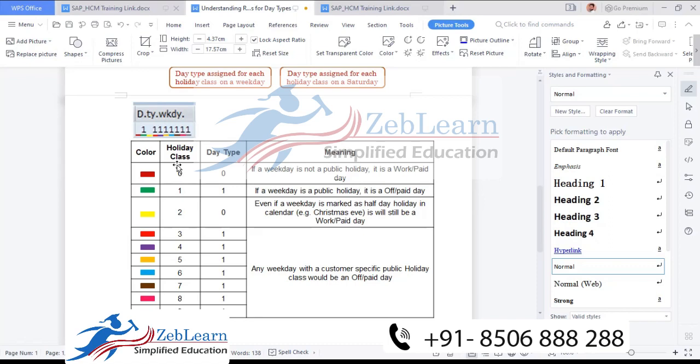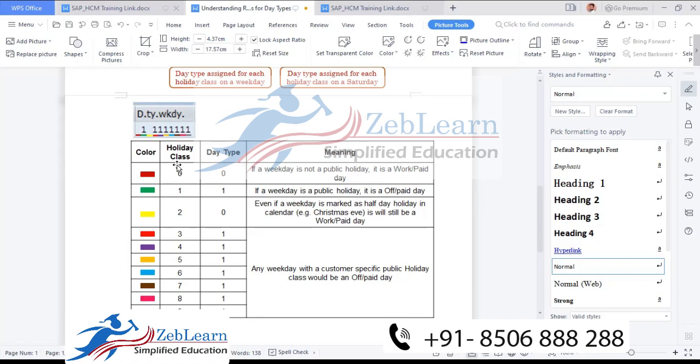It is specifically for employees, for the nature of holiday, what type of holiday it is going to be. For example, the customer requirement is that Republic Day will be a working day, and for 15th August, Independence Day, it will be a full day holiday.